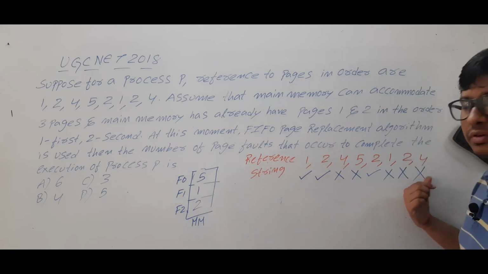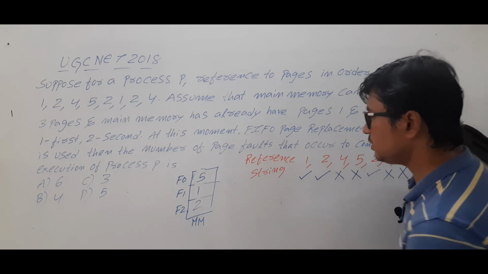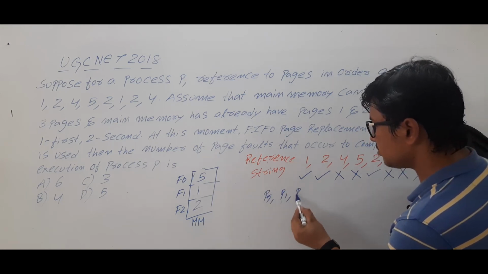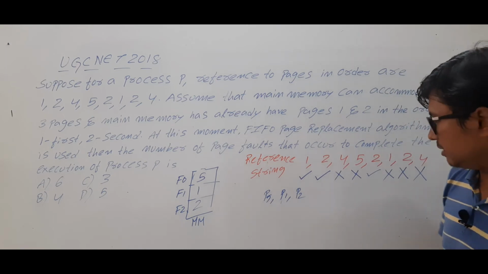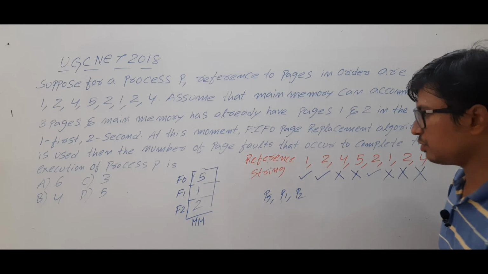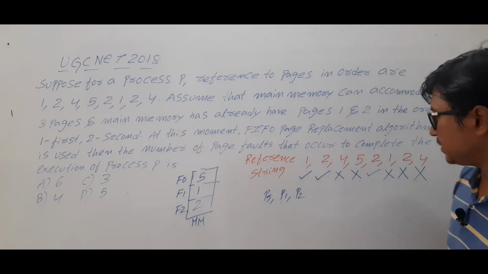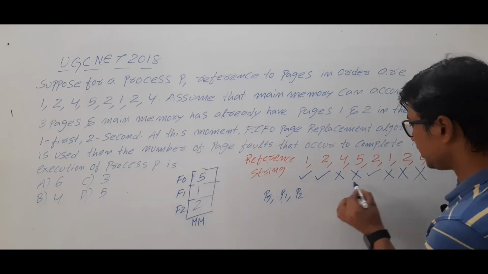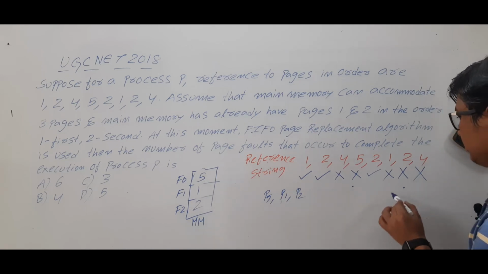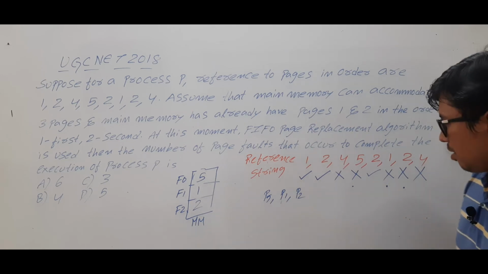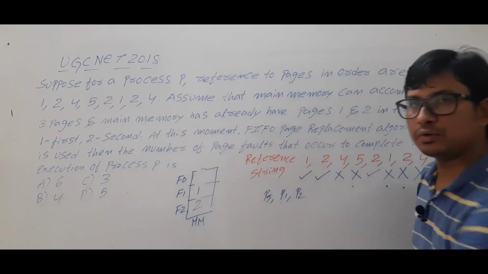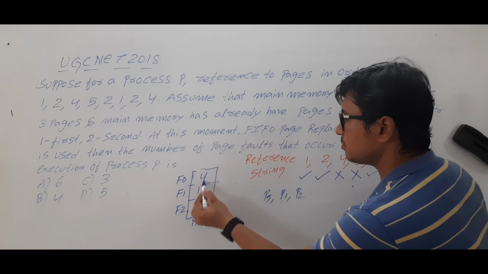So page number 4 is a page fault. So you need to look at page number 5, page number 1, page number 2, which are currently available in the main memory. As the main memory is full and you want to load page number 4, you need to find one victim page. Okay, page number 5 is loaded here, page number 2 is loaded here, page number 1 is loaded here. Among them, which one was loaded first? Page number 5. So you have to remove this one and load page number 4.